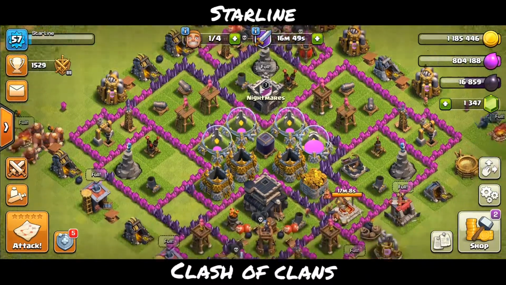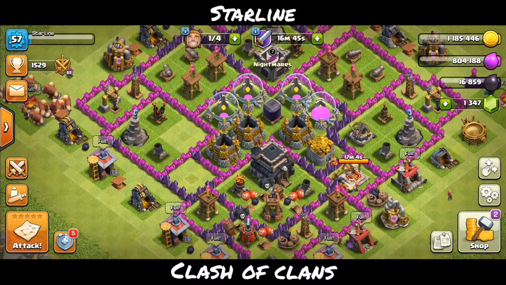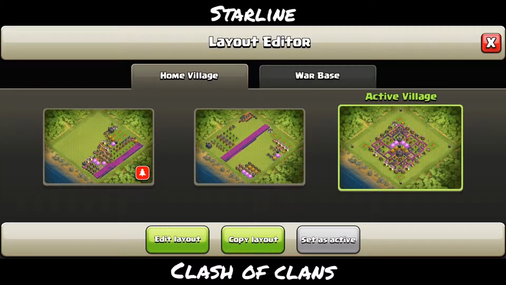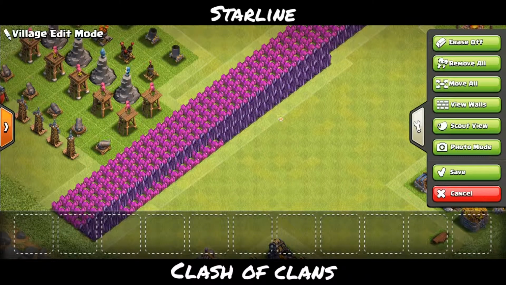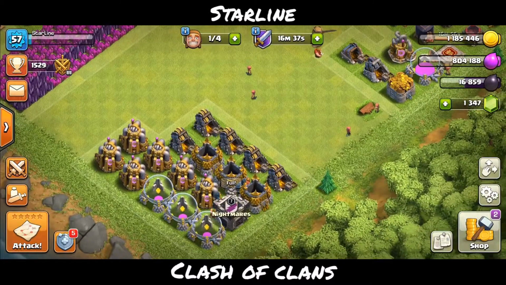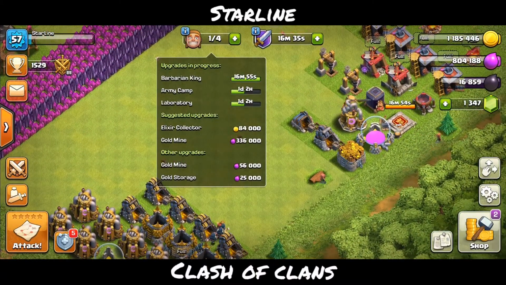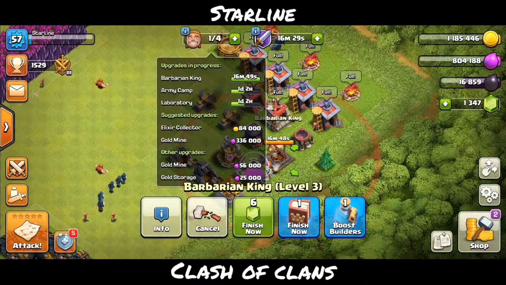Guys, back with another video of Clash of Clans, this time the Town Hall 9 Rush That Base Engineer episode. In the last episode of Rush That Base Engineer, we basically upgraded Barbarian King, which is still in upgradation and will take about 17 minutes, and